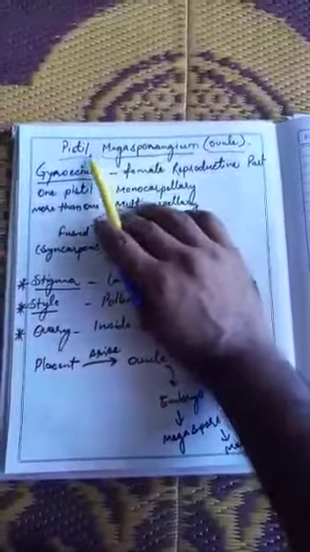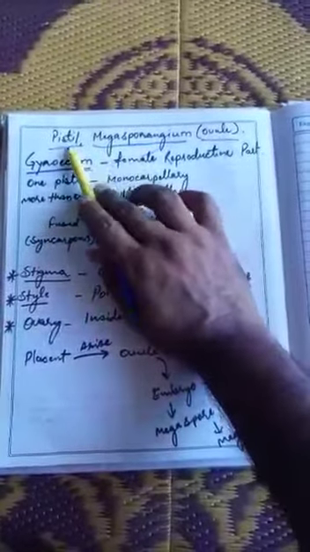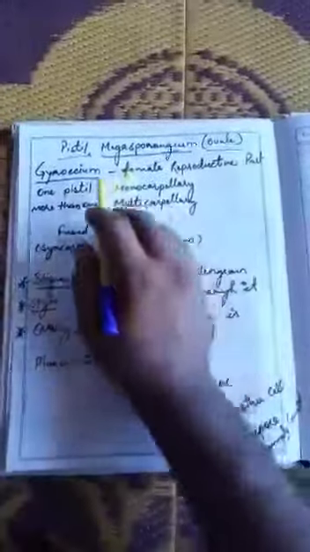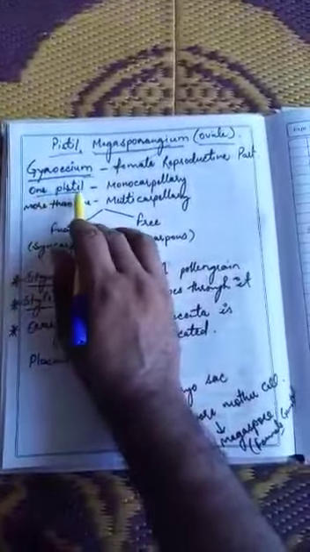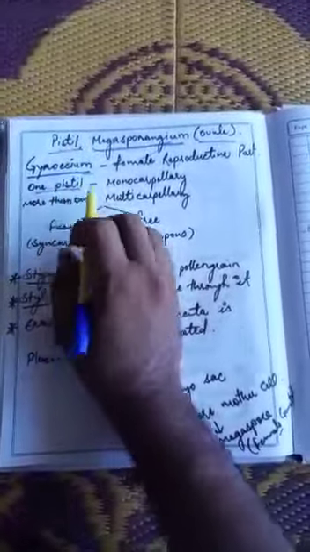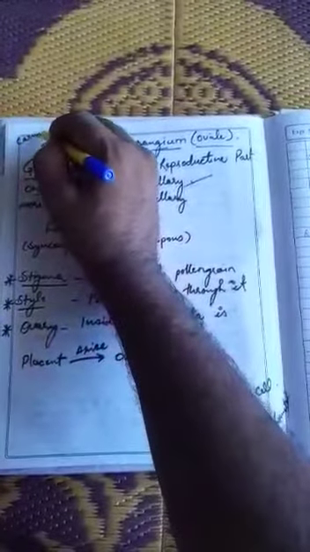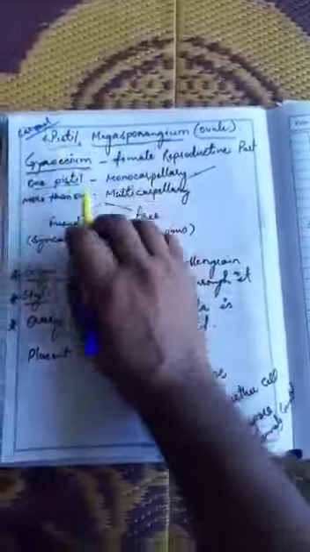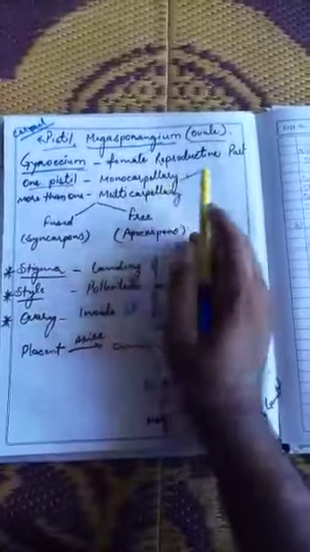Though they are interchangeably used for only one thing. Gynoecium is actually the female reproductive part of the plant, and the female reproductive part of the plant is the pistil, which is also known as megasporangium. Every plant may have one pistil. If there is only one pistil, that means only one ovule, one style, one stigma, then the flower is known as a monocarpellary flower. Pistil is also known as carpel. Because pistil is known as carpel, that's why a flower with one pistil is known as monocarpellary.